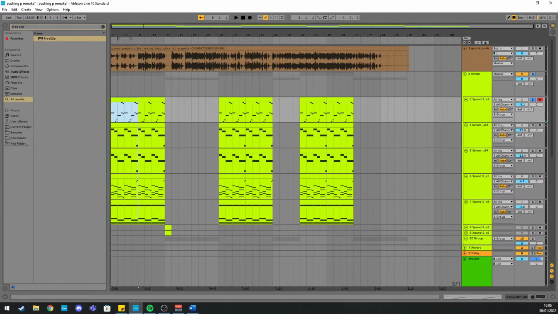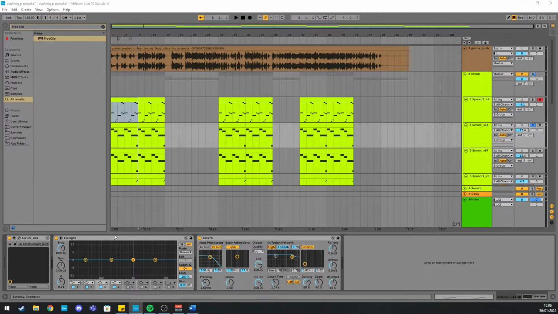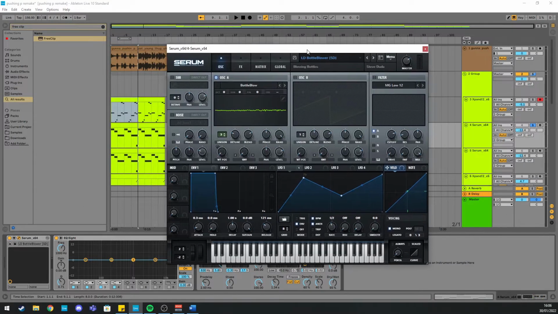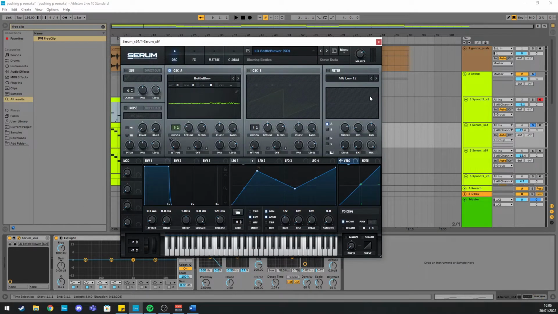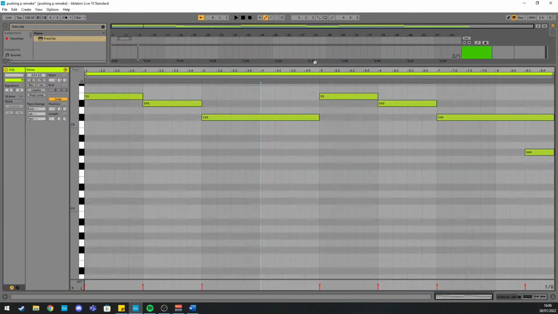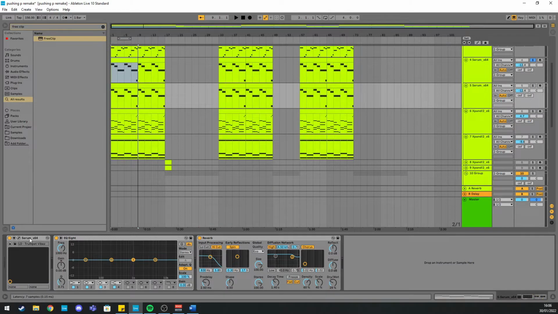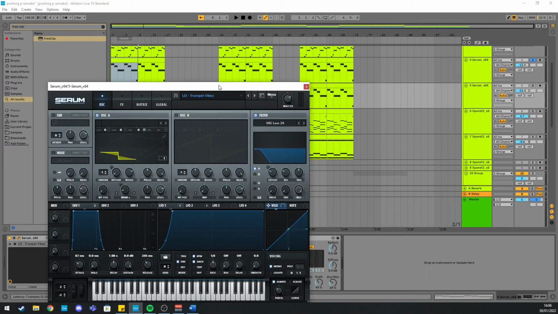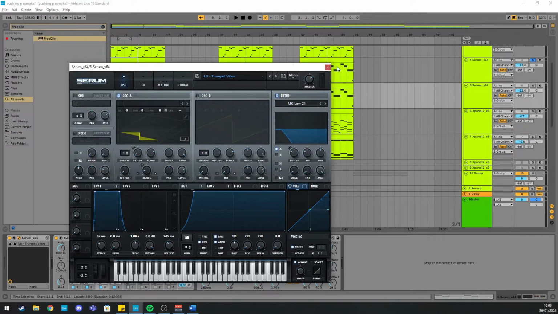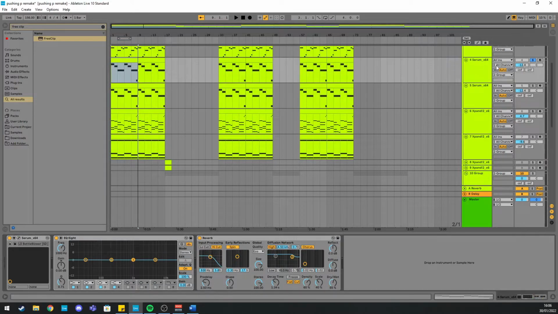So having laid that down, we're moving on to the second melody, which is a Serum lead. This is just a stock lead that comes with Serum, Bottle Blower, and this gives a kind of high-pitched lead you hear throughout the song. So we play with this and another Serum lead, again another stock plugin from Serum, which is called Trumpet Vibes. So the first one sounds like this, Bottle Blower.